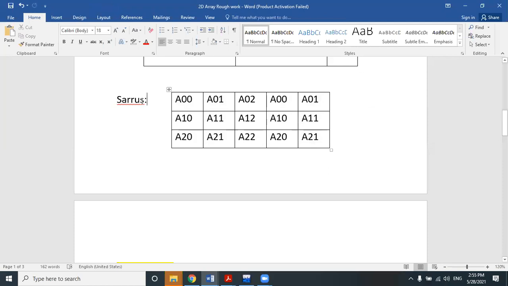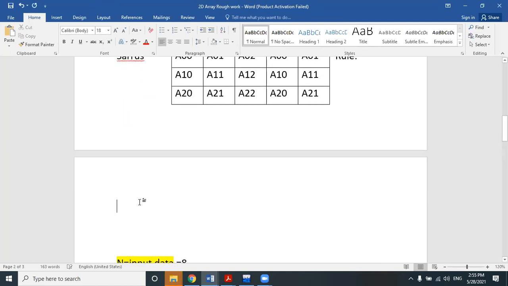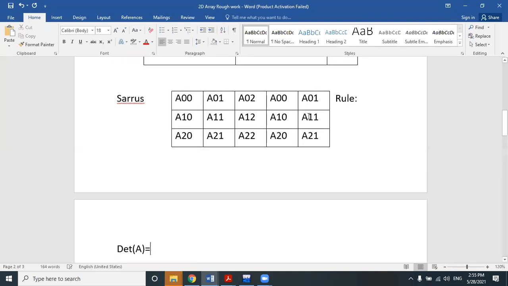Now you will apply Sarrus's rule or Sarrus's method on this process matrix. What is Sarrus's rule? Very simple. Let's check it out. So we will calculate the determinant of the matrix A, right? A is our input matrix 3 cross 3, and after the input matrix is changed into its corresponding process matrix, it should be 3 cross 5, right? And the last two columns are nothing but a copy of the first two columns of the input matrix, right?